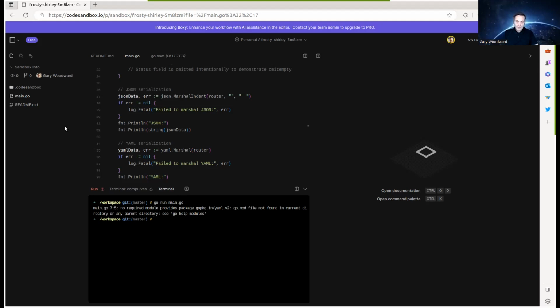the YAML package is not found. The reason for this is because what I've not done here, and I've done it on purpose, is I've not initialized this at all, and basically it doesn't have any reference to the YAML package and where it's stored or anything. So the first thing we've got to do is initialize this repository. To do that, you do go mod init, then the name of the repository. Now this is normally the GitHub